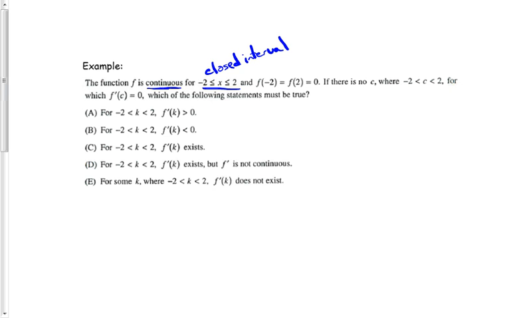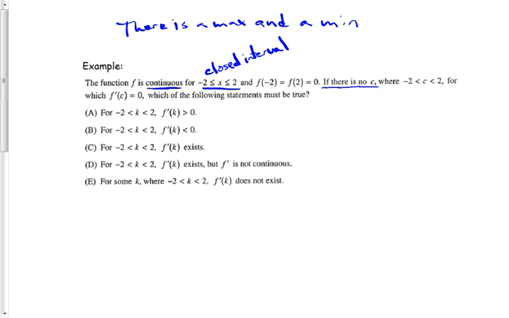I underlined a couple things that are really important based on what we talked about today. Does it make sense that I underlined them? It's continuous and it's on a closed interval. So what do we know? There's a max and a min. But it's not how you would expect, because if you keep reading,